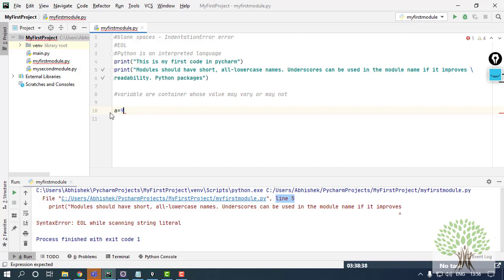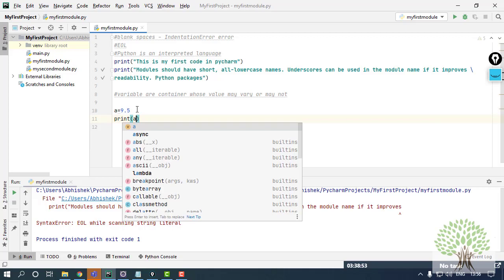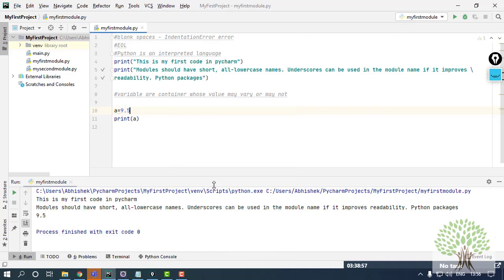Suppose I give it as 9.5. Now this A has become a variable containing the value 9.5. If I print this value, I say print A and run it, I get the value which is stored inside the variable A. The same way I can use other values as well.